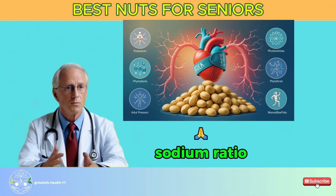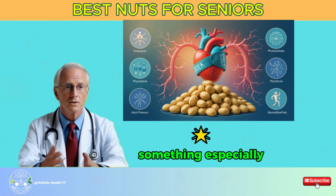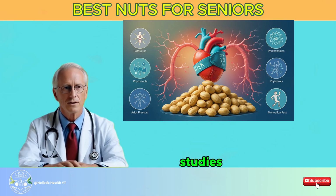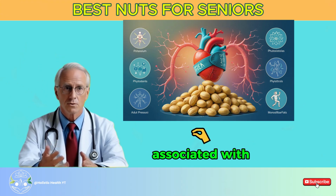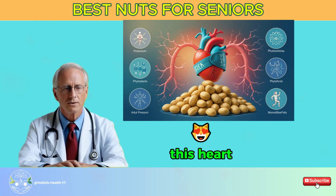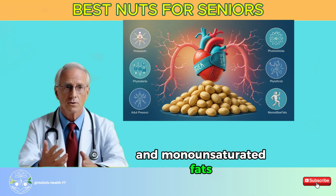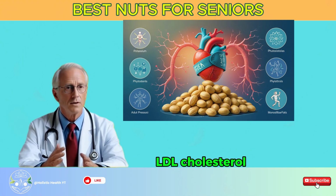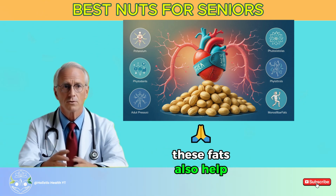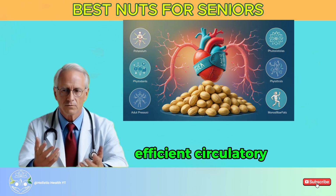Their high potassium to sodium ratio helps neutralize the blood pressure-raising effects of sodium, something especially valuable for older adults managing hypertension. In clinical studies, pistachio consumption has been associated with small but meaningful reductions in systolic blood pressure. This heart benefit is further reinforced by the presence of phytosterols and monounsaturated fats, which assist in lowering LDL cholesterol without compromising HDL levels. These fats also help reduce inflammation and improve arterial function, contributing to a more efficient circulatory